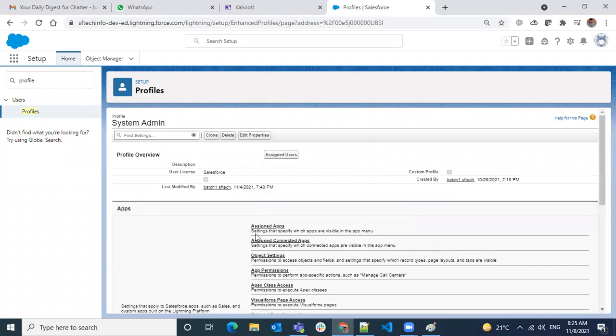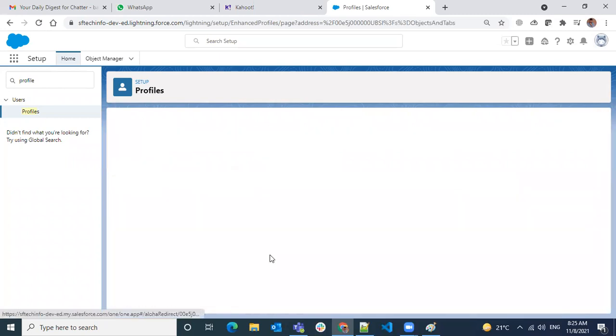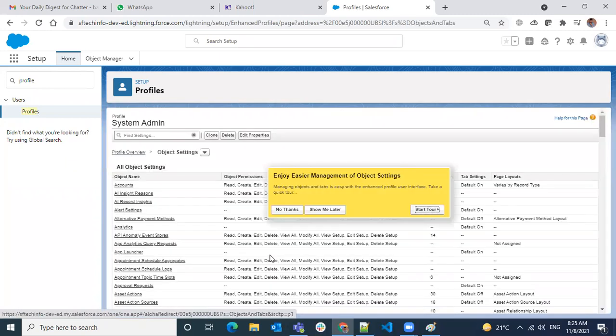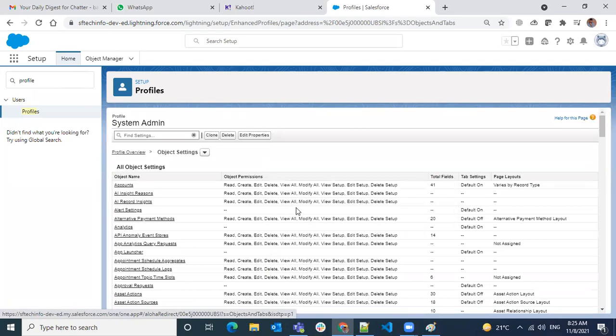Here you see the object settings. In the object settings, we'll see different objects and what different levels of permissions we have. So this is the overall view of what we have: read, create, edit, delete, view all, modify all permissions. Okay, so let's see our object called project.